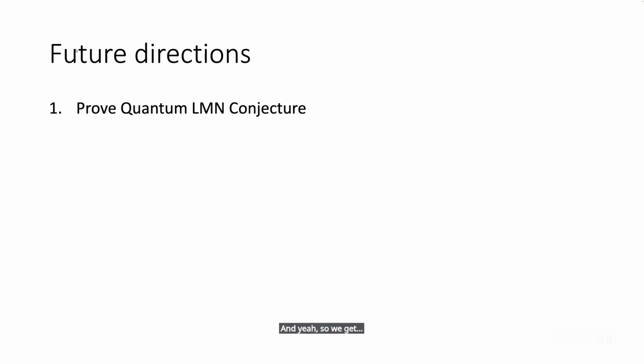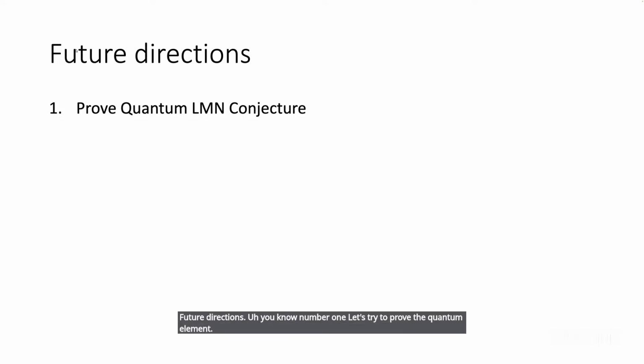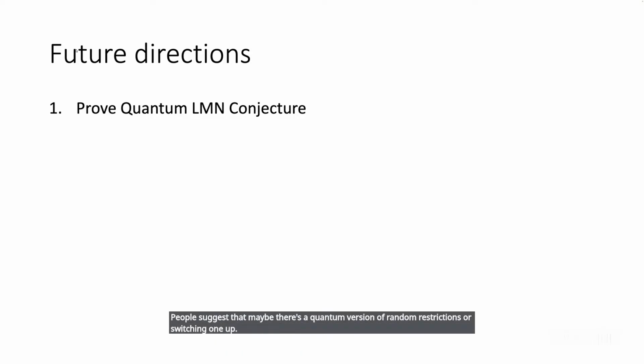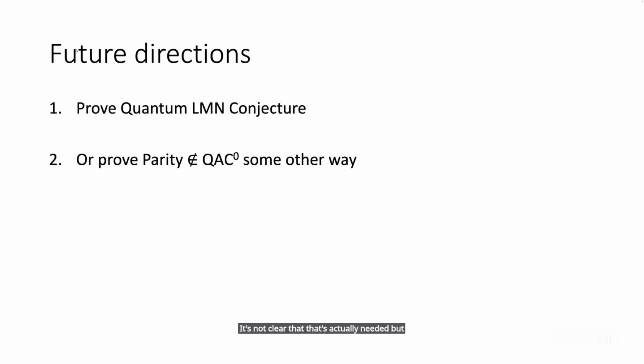Future directions. Number one, let's try to prove the quantum LMN. It's really nice. It probably requires some really interesting new techniques. I don't know, some people suggested maybe there's a quantum version of random restrictions or switching lemma. It's not clear that that's actually needed, but new techniques are nice. Or prove parity not in QAC0 some other way, along the lines of this recent